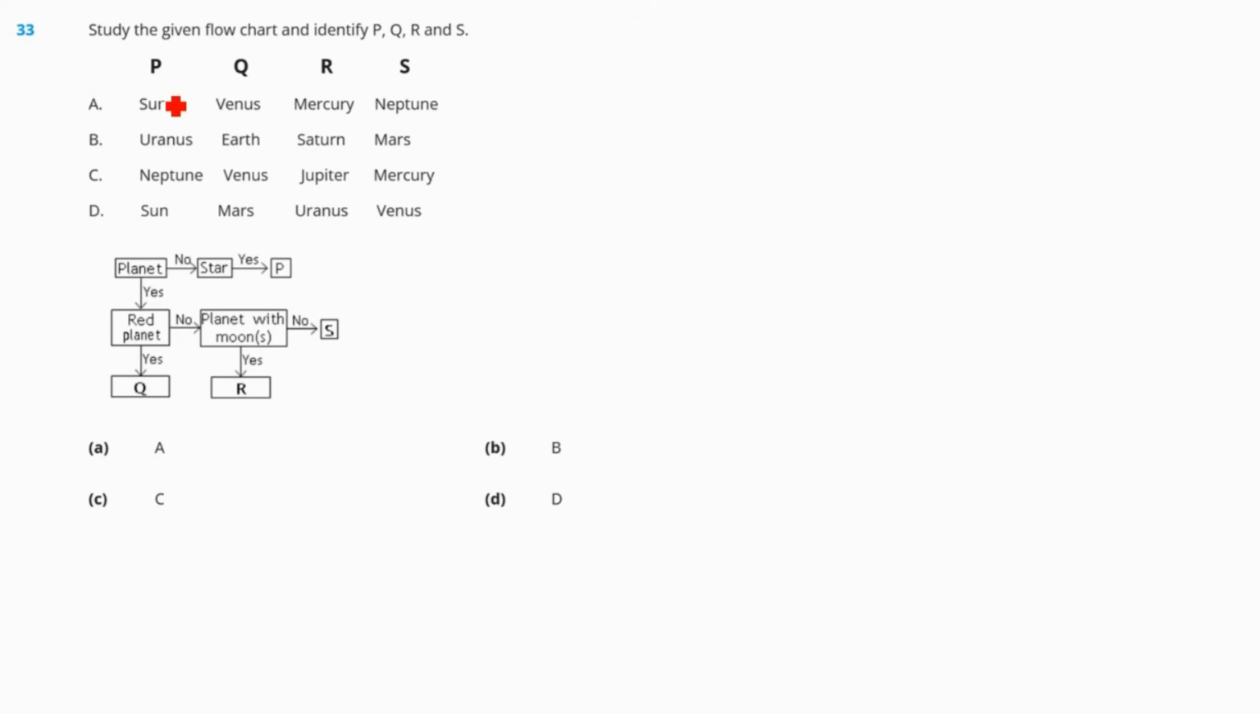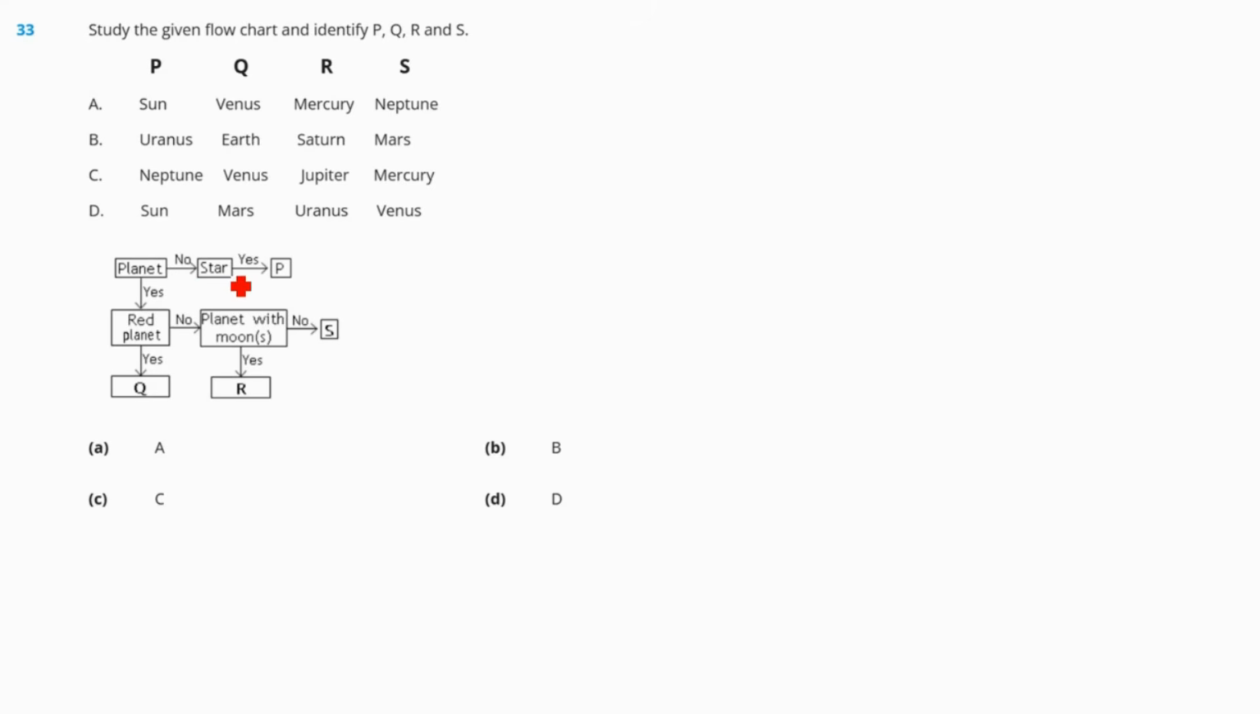Question number 33. Study the given flowchart and identify P, Q, R and S. So here, planet, no. Stars, yes is P. Planet, yes. Red planet, yes is Q. Red planet, no. Planet with moons, no is S, yes is R. So from here we can understand that